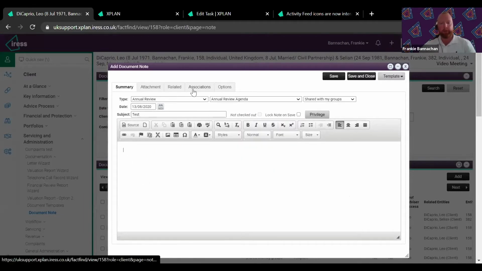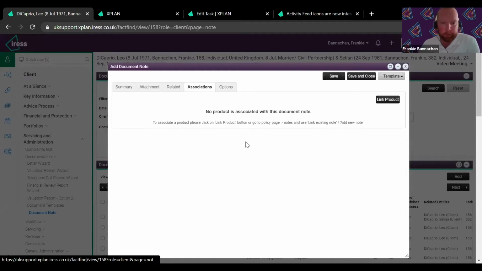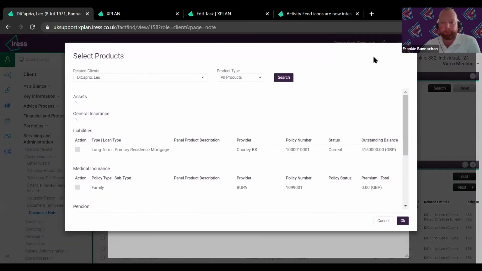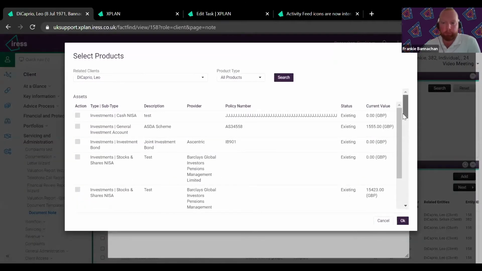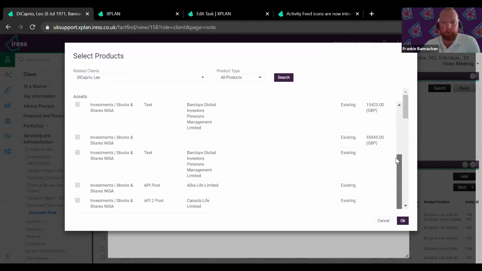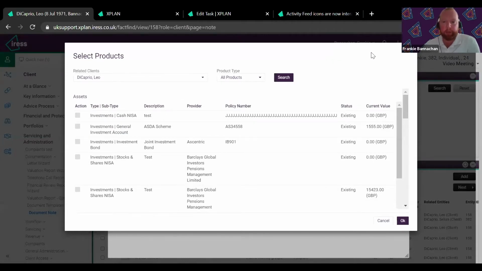Under associations, you now have the ability to link a product. If you click link product, these are just all test products we've got in this test client, so it's a bit messy, but you do have the ability to link this note to whatever